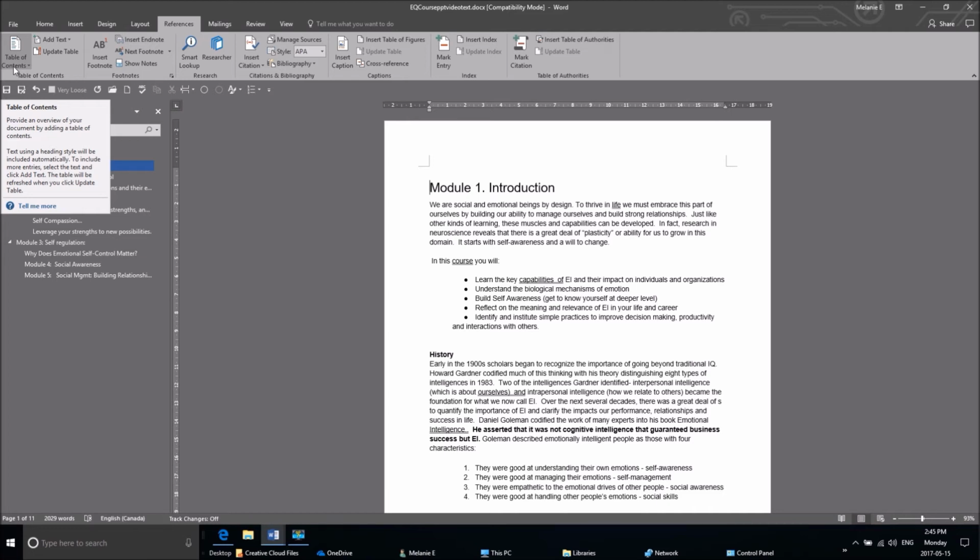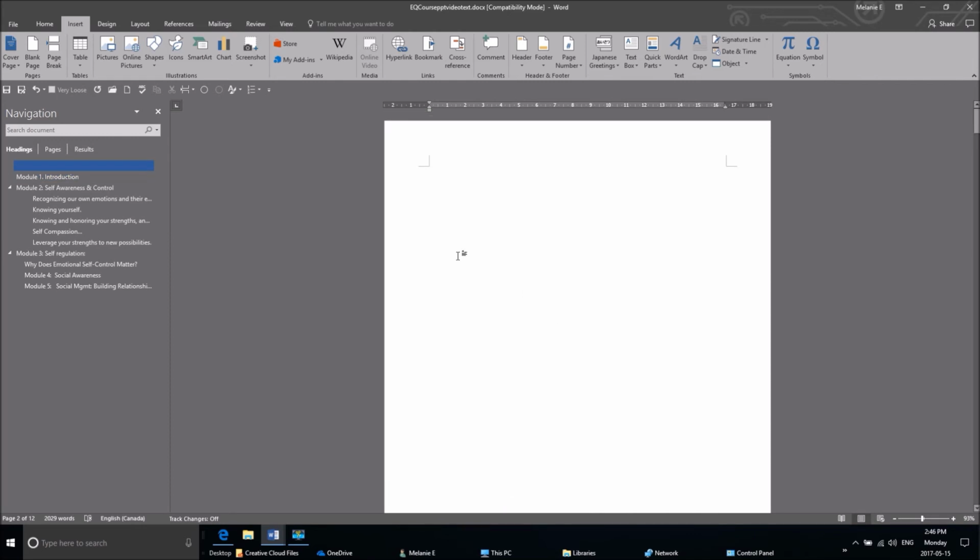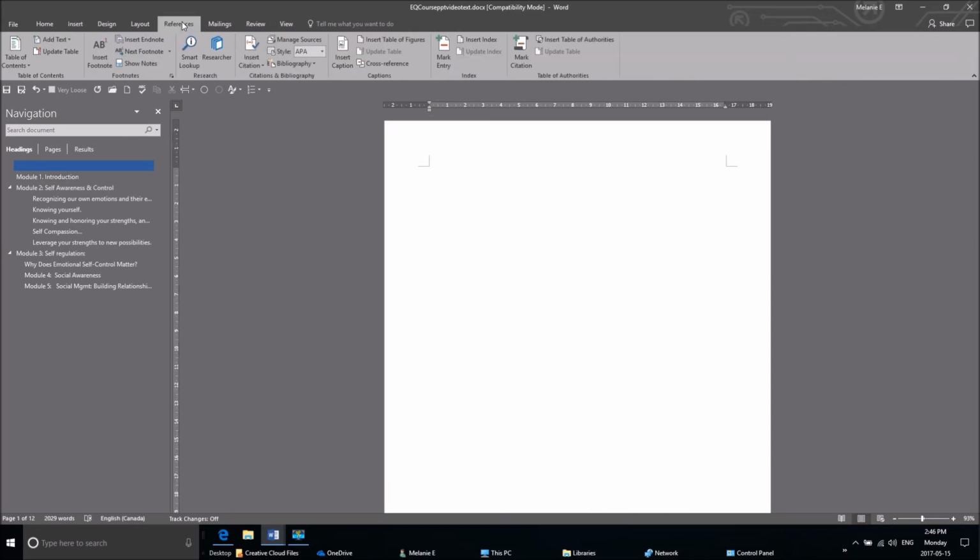As I had mentioned earlier, if you spend a bit of time working on your navigation pane, this will make your life much easier, and one of the examples of this is the table of contents. So before I create my table of contents, I'm just going to add a page just to make it easier for me to put my table of contents in. So I'm just going to go to Insert, Blank Page, and you'll see now I have an additional page here at the front. And I'm going to go back to References,